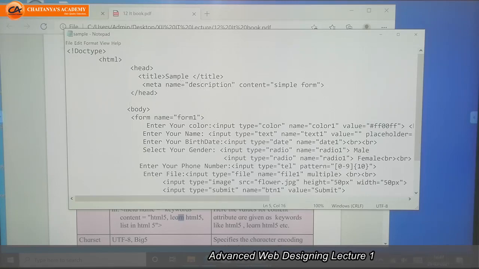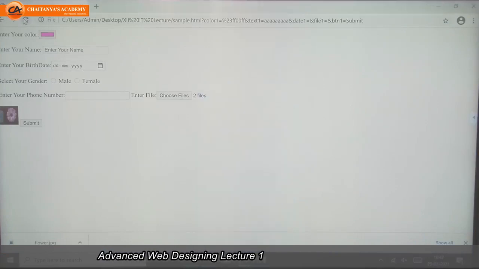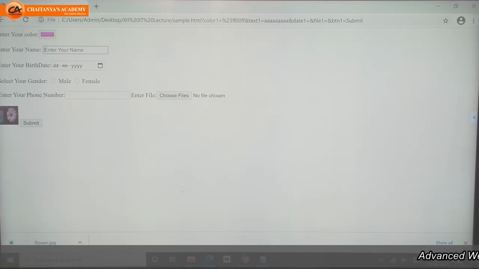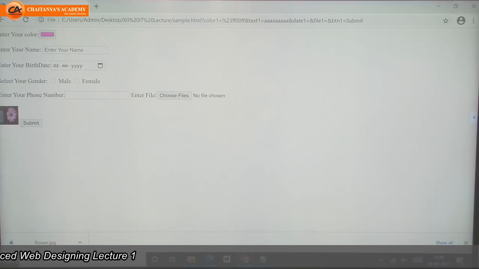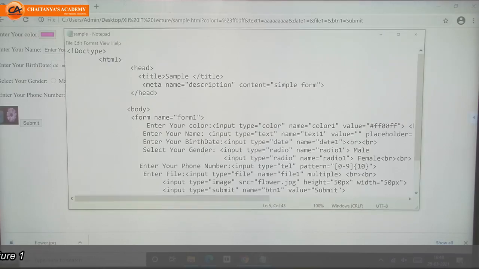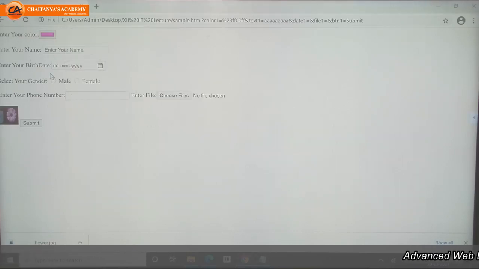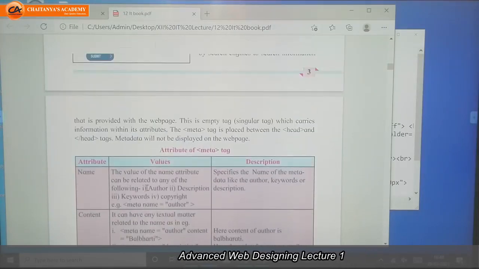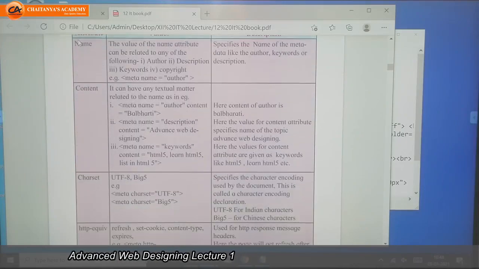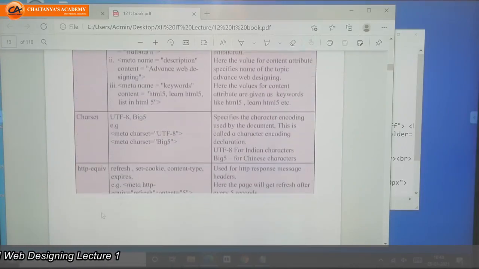So this is just about information. It tells the browser about the web page. It is not giving any impact on our display here. It will not change anything here. Whatever we write in this meta tag is just information to the browser and the search engine. It will not impact our designing. The attributes you can use are name, content, charset.